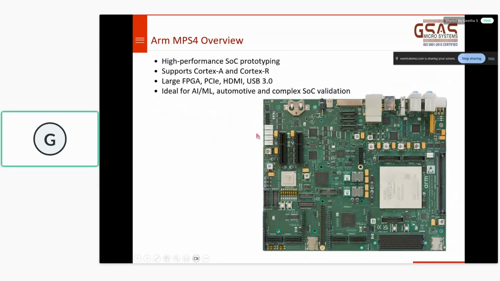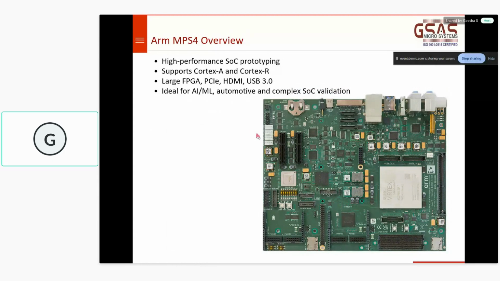MPS4 is a higher end board. This was released recently by ARM, probably last quarter, in October, November, December. It is available for sale from us from January onwards. So this is a higher end SoC prototyping board. This supports Cortex A, Cortex R, as well as Cortex M. This is a large FPGA because this has to include the Cortex A processor.